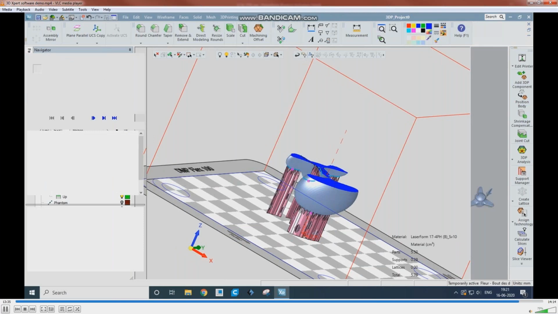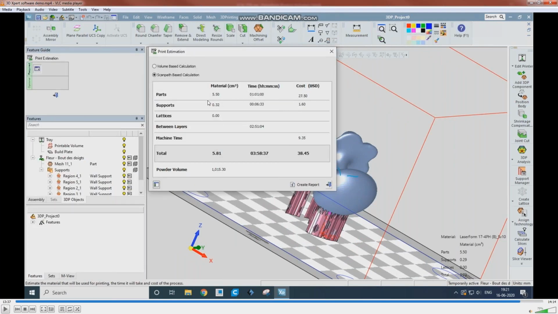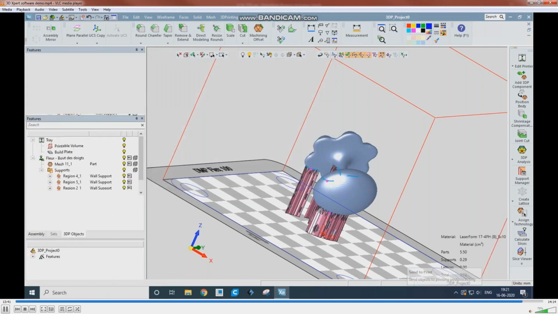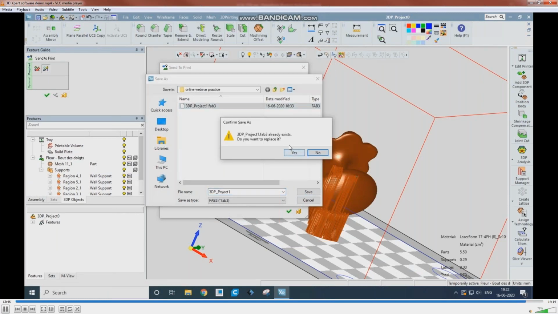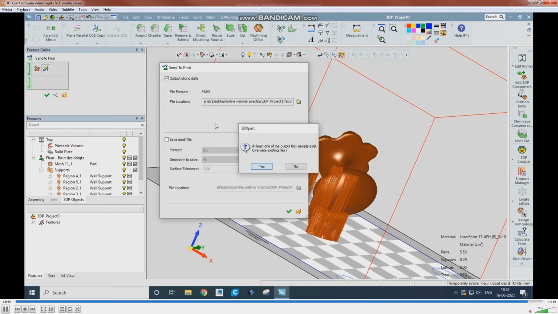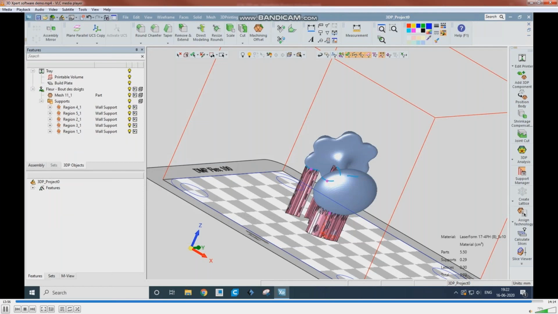And then we can see the print estimation and cost also. You see the material, how much material is consuming, then how much time it is taking. Total is 3 hours 58, almost 4 hours it is taking. The material is also 4 centimeter cube. And then cost $40. And then you can save this file, the fab3 file, and you can give this fab3 file to machine. So from STL to fab3 in this section we have seen, right?